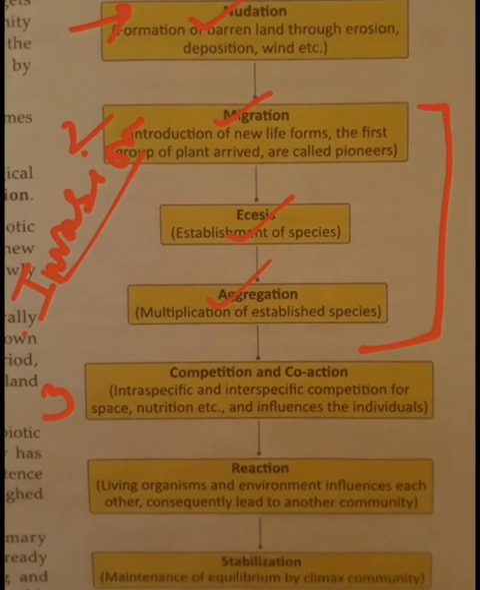Number 4 is reaction. What is reaction? The living organisms reciprocally influence and get influenced by the environment. Okay, and this is known as reaction. As a result of reaction, changes take place in soil, water, light conditions, temperature, etc. of this area. Okay, and thus the environment of the area gets modified, becoming unsuitable for the existing community,